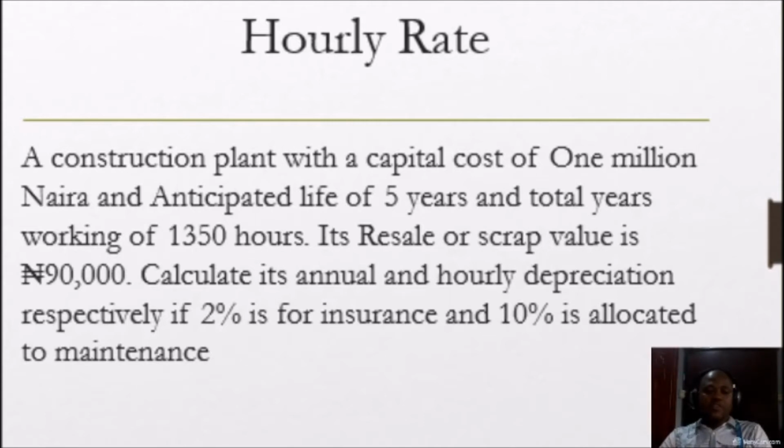So the resale value or the scrap value is 90,000. We are expected to calculate the annual and hourly depreciation respectively for the equipment. So if we are to allocate 2% for insurance and 10% to maintenance,